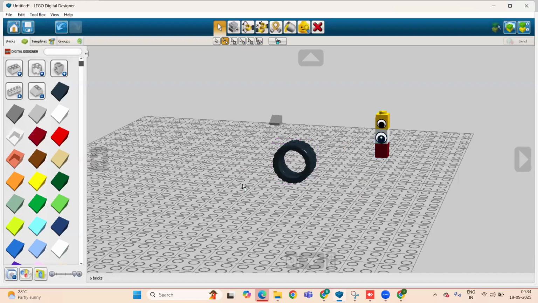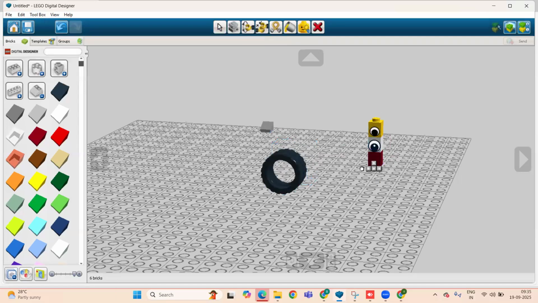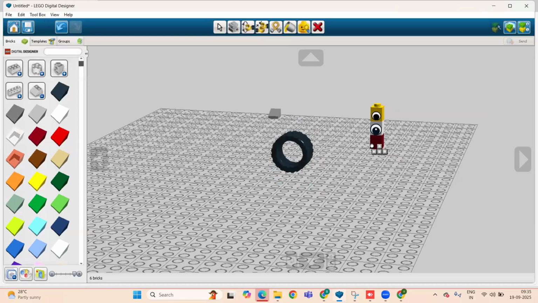Okay, I'm telling you once again, this is a single selection. But if I want to select all the parts which are available on the work plane area, like this flat tile, this tire, or these bricks, we have two options through multiple selection. Just select multiple selection first from the tool section, and then go one by one: click on the first tile, then the tire, then the first brick, then the second brick, then the third brick. So all are selected, and then you can drag and drop all these things together. So this is one way.